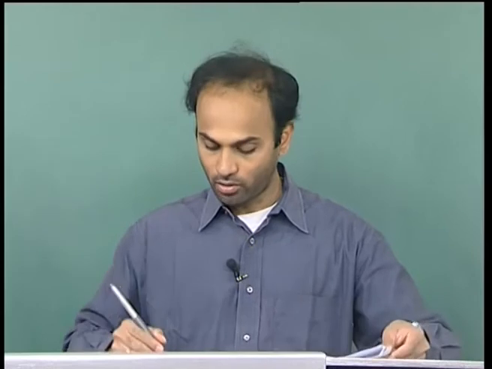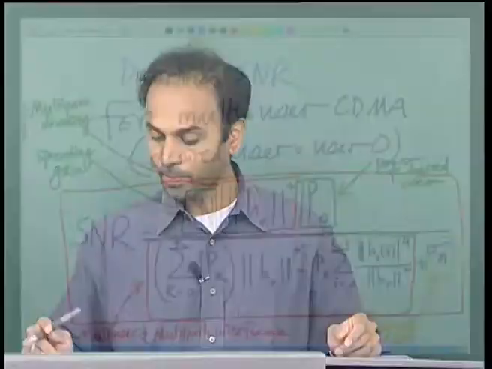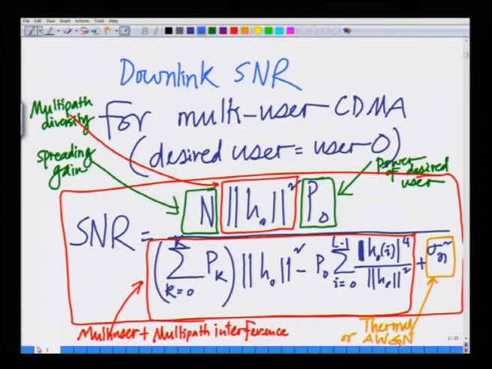In the uplink, if you consider the 0th user as the desired user and we try to do the decoding, let me write down the expression for the downlink SNR and show you how it is modified for the uplink SNR. Let us go back to the expression that we have over here. Here all the powers of the multi-user interference are multiplied by norm H naught square, because there is a single channel. The only change in this expression is that now each user's power is going to get multiplied by his own channel, that is norm HK square. Hence, the essential SINR for uplink